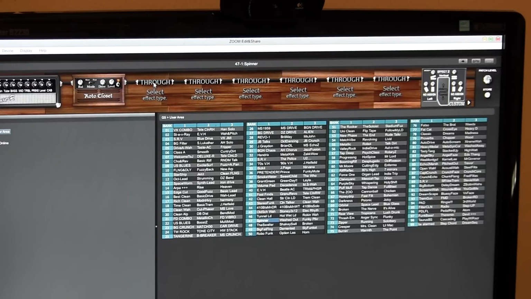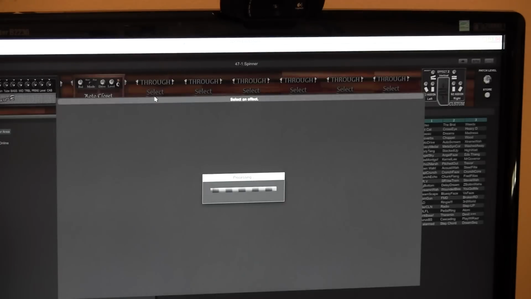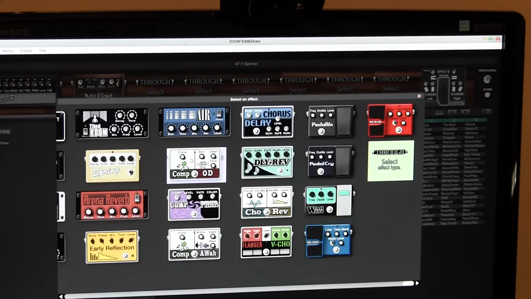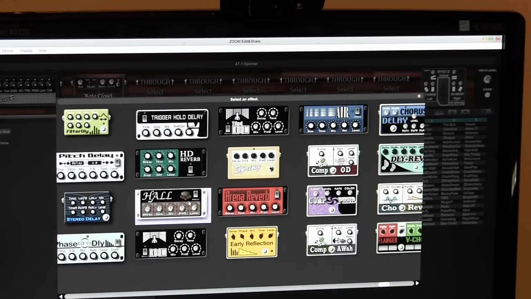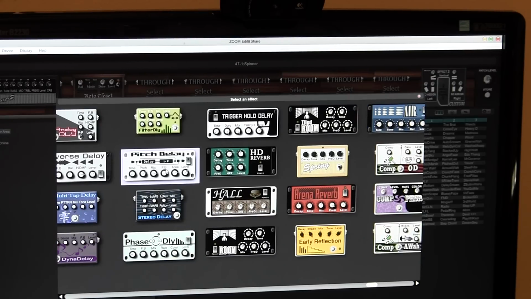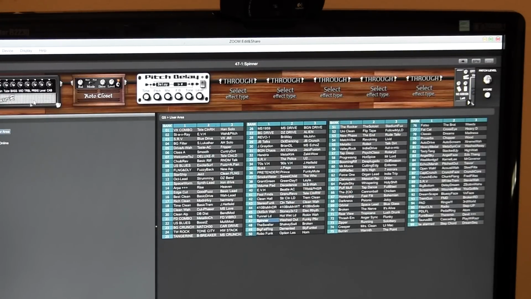Now I'll just add something here. So I select a type. I go in here, I can add this compressor, I can add whatever I want, okay? Now let's just add a pitch delay, okay? So now a pitch delay is in the signal chain, and you can add up to 9 things, 10 including